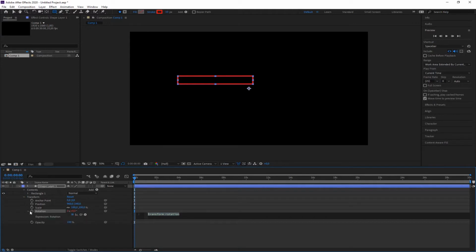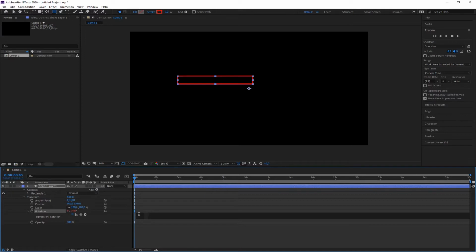So from now on, the rotation is no longer influenced by whatever value we have or whatever the animated value we have, but some kind of expression. And the expression can be typed in over here. Right now it's just transform rotation. So instead of transform rotation, you can type all kinds of things there, for all kinds of expressions. Let's delete the transform rotation. And the first thing that I would like to start with is produce a random rotation angle with the command